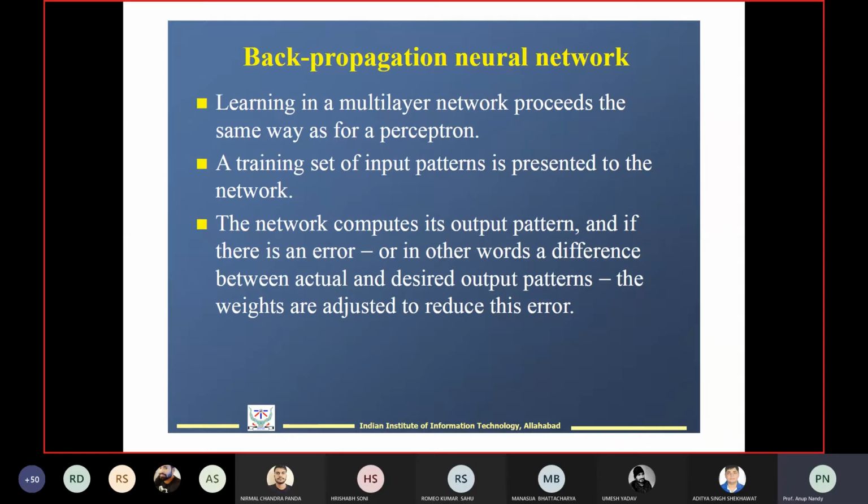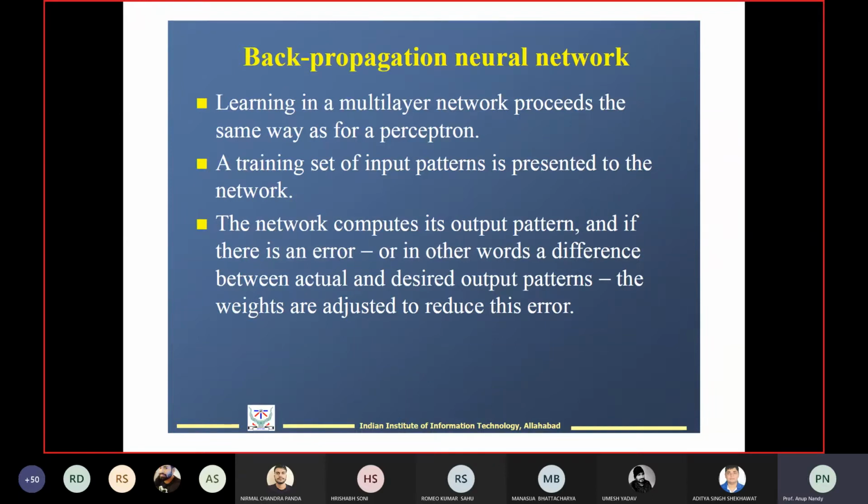Okay, once the learning is complete, that means the error has been reduced and minimized with these training data sets, and the weight vector has been updated. Then if you give any test data, it will give the correct answer. So that's why you need to do some learning. For the learning, you are going to use the backpropagation algorithm.